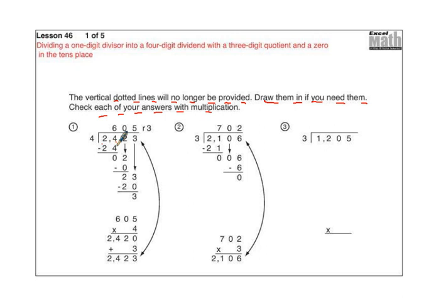It says 2,423 divided by 4. First I'm going to do 24 divided by 4, which is 6. 6 times 4 is 24. 24 minus 24 is 0. Bring down the 2. Now I'm doing 2 divided by 4. 4 does not go into 2. 1 times 4 is 4, that's bigger than 2. So I'm going to put a 0 right here